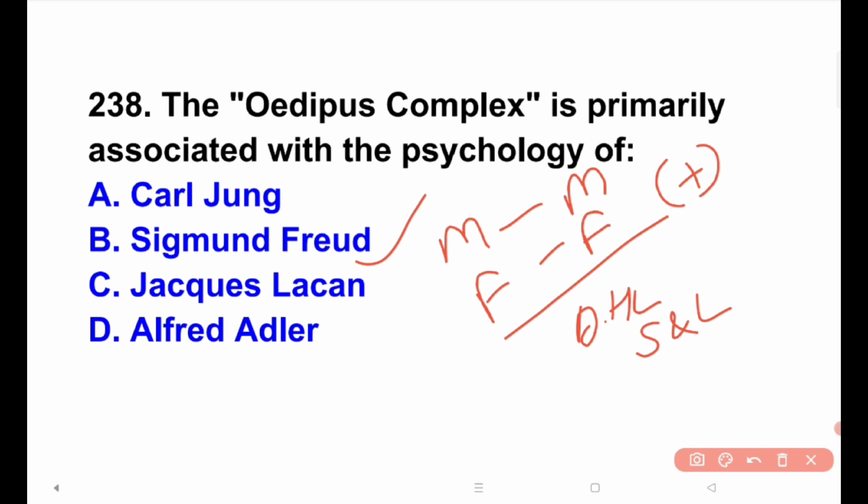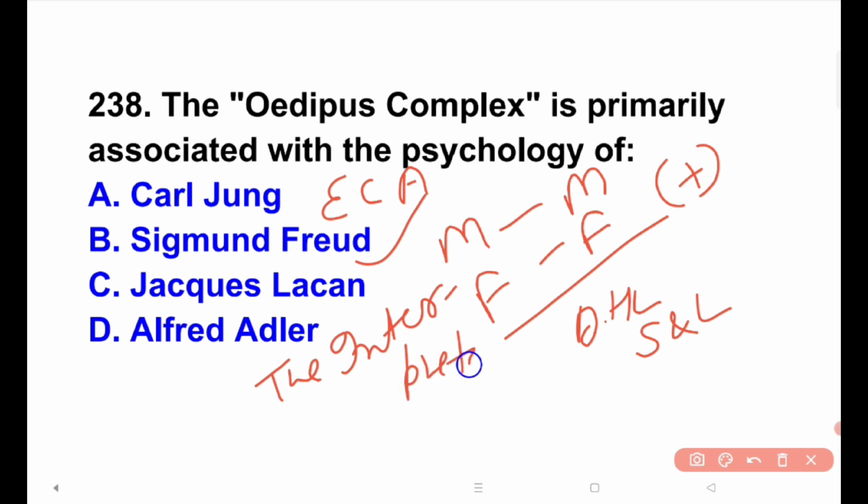Carl Jung developed the Electra complex and archetypes. Jacques Lacan reinterpreted Freud but did not originate this concept. Alfred Adler focused on the inferiority complex. Freud, The Interpretation of Dreams, 1900. Next,